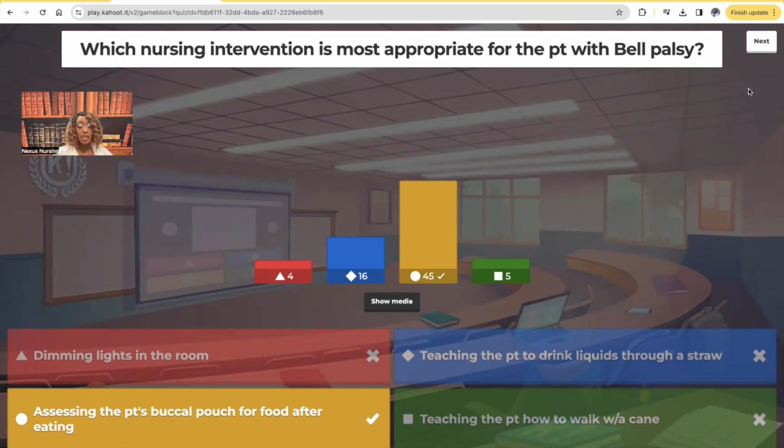Very good. Assessing the patient's buccal pouch for food after eating. Well, remember, I just told you one side of their face is weak, right? So even them chewing or swallowing, that may be a problem. And our biggest concern is going to be airway. We don't want that patient to aspirate, because if they have that weakness on that side of the face where the food is, they're not chewing properly, they didn't swallow, that food is just collecting right here, they might have